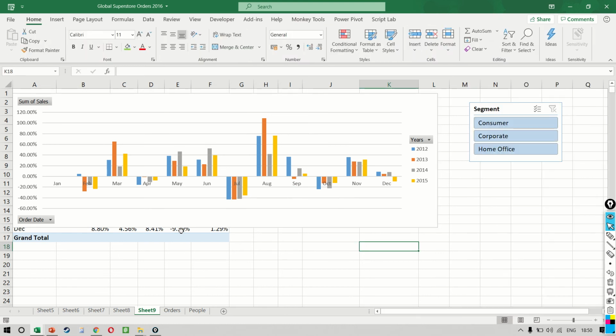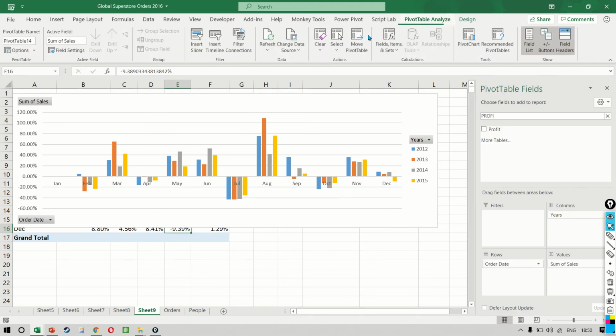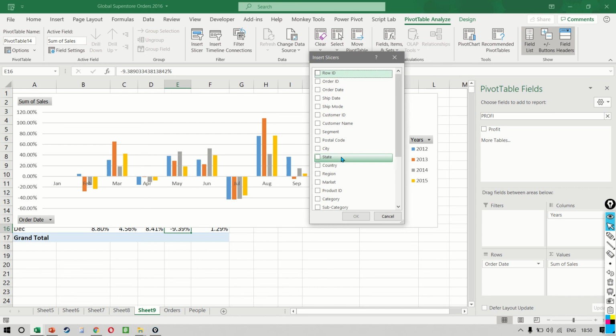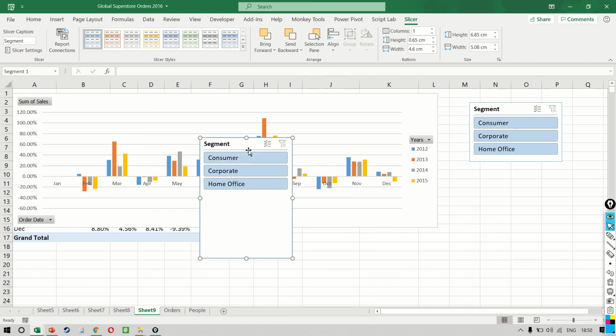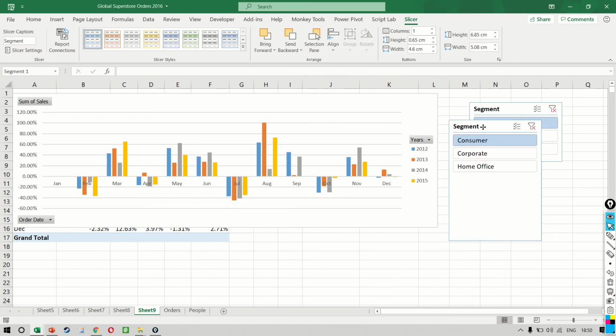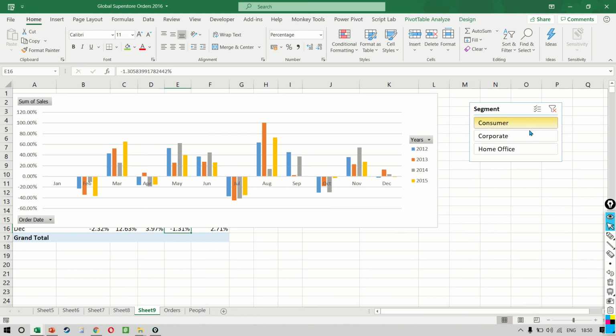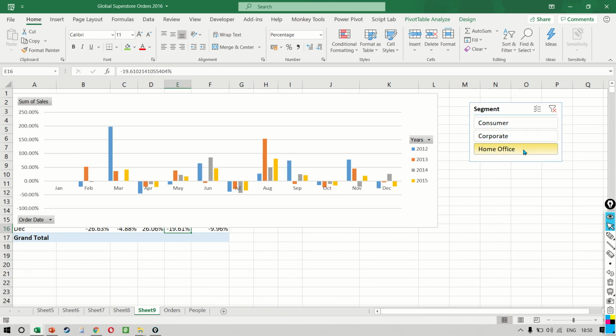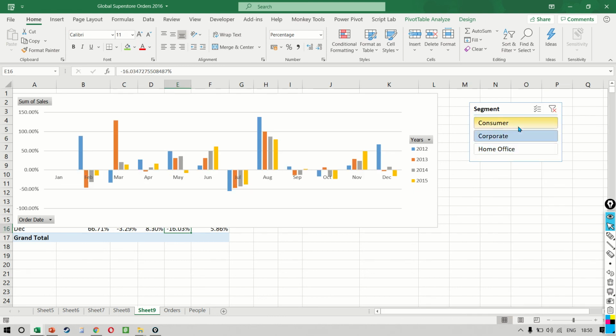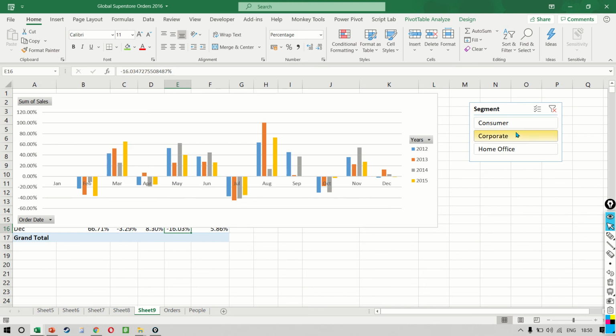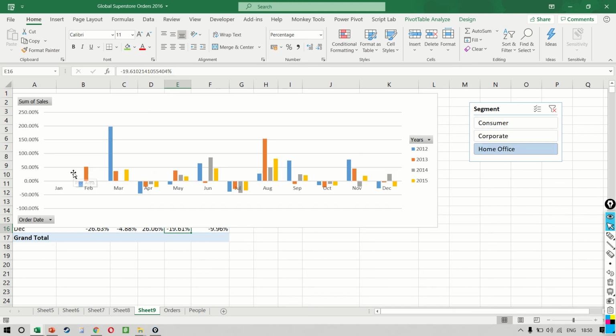And if you want to validate it with all the different business segments, you can insert a slicer, put your segment in this, and you will notice that when I click on different segments, the chart, we already had our segment here. So we can simply select that. You notice the result changes not significantly, but there are some small changes that you can see. Obviously, January will be blank because it doesn't have a base year. So January doesn't have anything to be compared against.